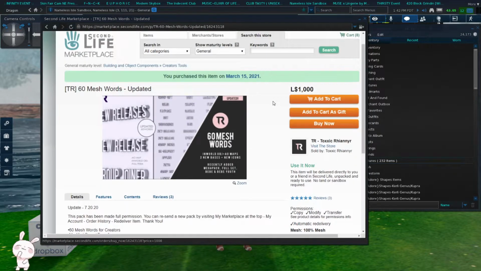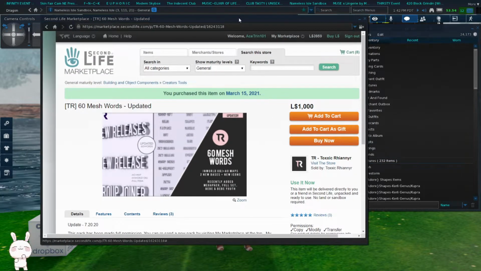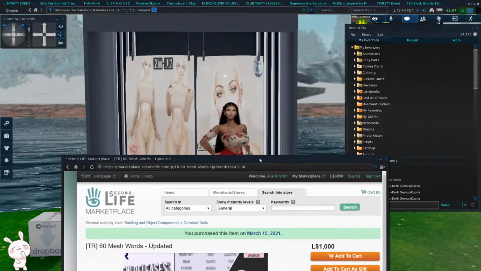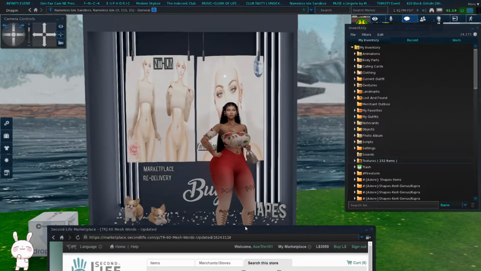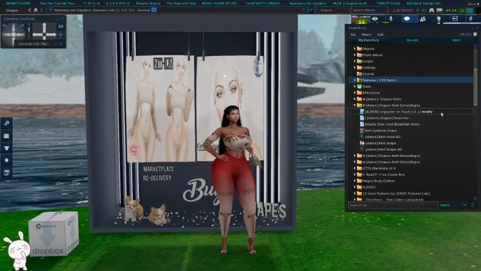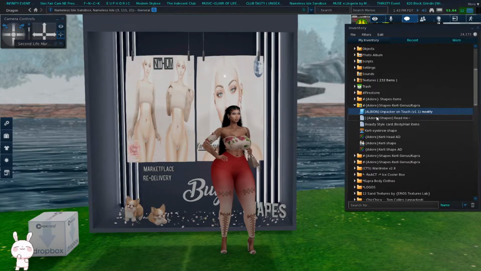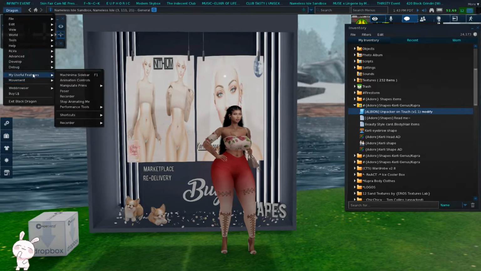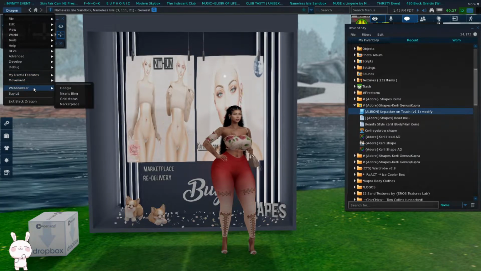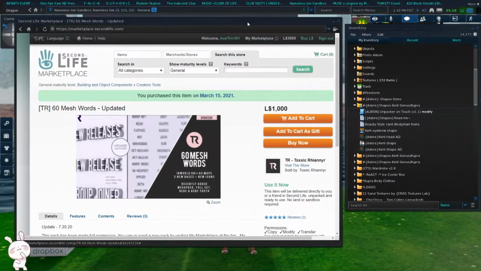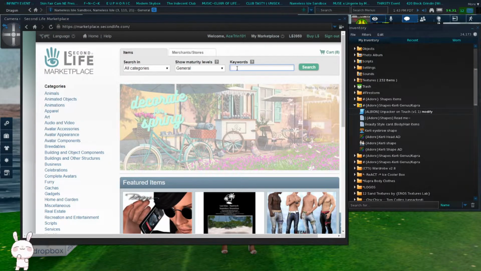After you get the words and your booth, and then obviously you have your items, I'm gonna show you guys how to package your items as well. To package up your items, you definitely will need a script to do it. I got the ALBION Unpacker, and once again, you can get that straight from the marketplace. Honestly, you just want to go ahead and type in Unpacker,